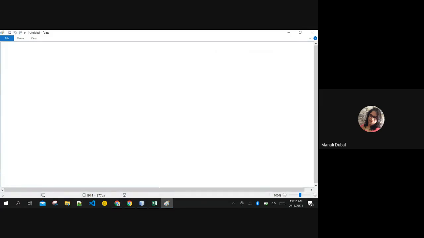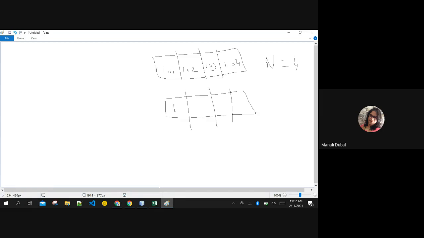So what you need to input, you need to create two arrays, right? Yes, ma'am. First array, say for example, number of students n is equal to 4. Then in the first you need to store the enrollment number. Say for example, enrollment numbers of the students are this. And in another array, you have to store the marks these students have got. So you have to create two arrays, one for enrollment number and one for the marks, right?